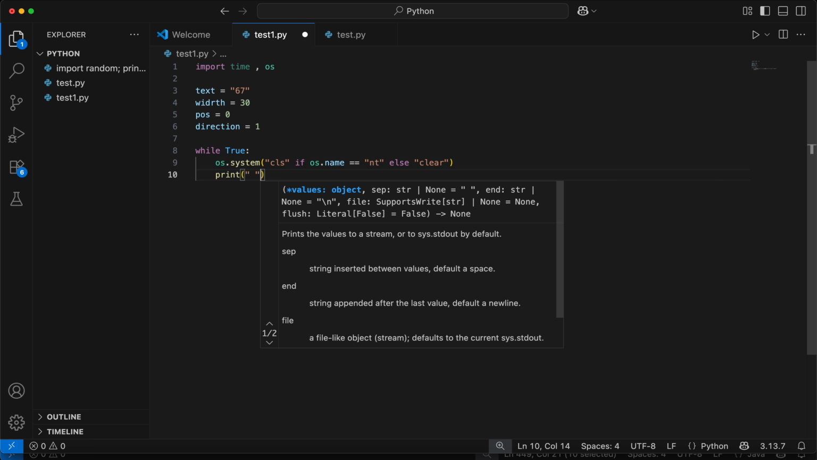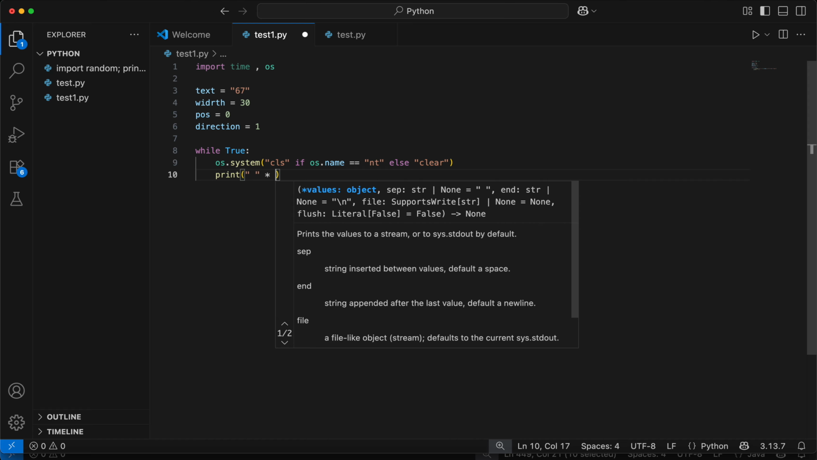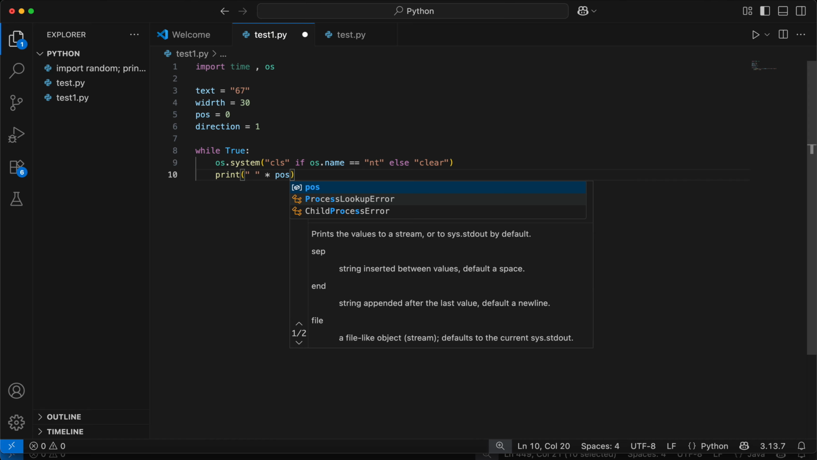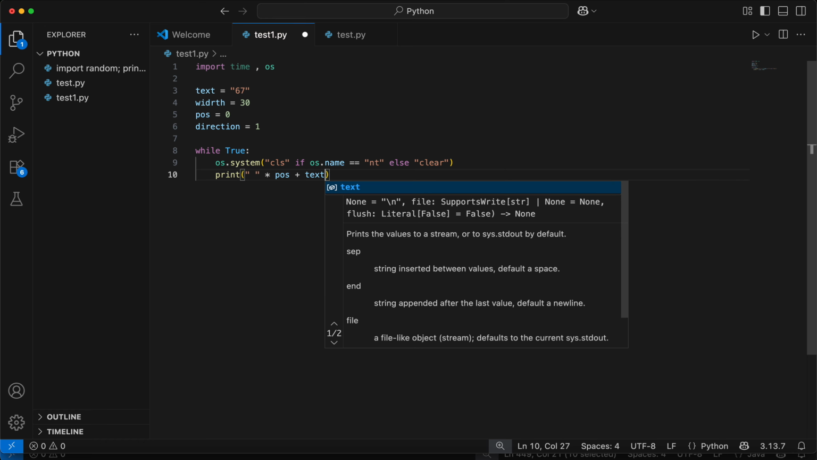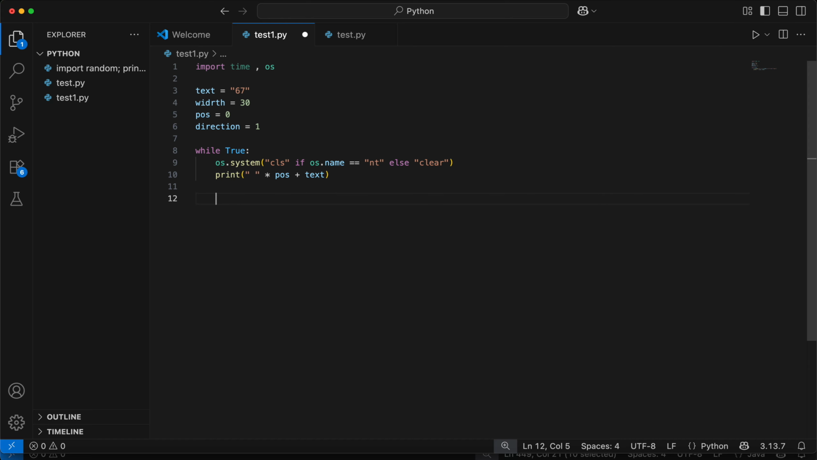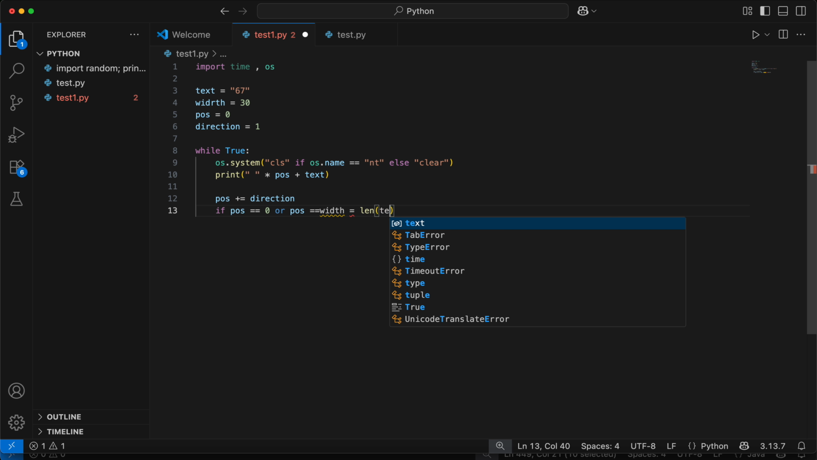brackets with a space multiplied by pos plus text. Then we'd like to write pos plus equals direction. If pos equals 0 or pos equals width minus len text,